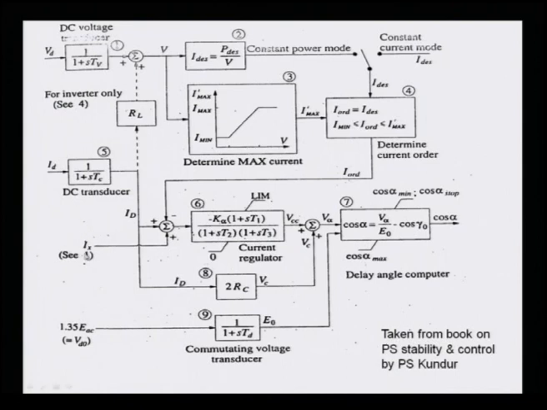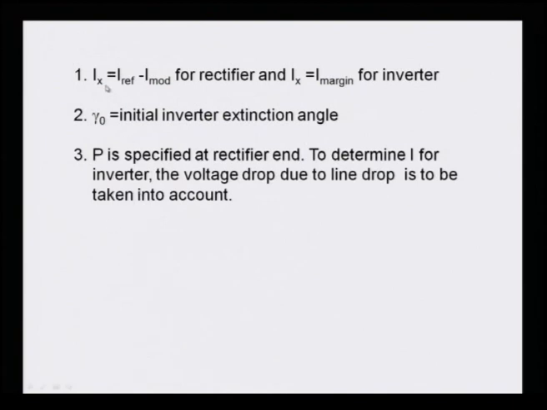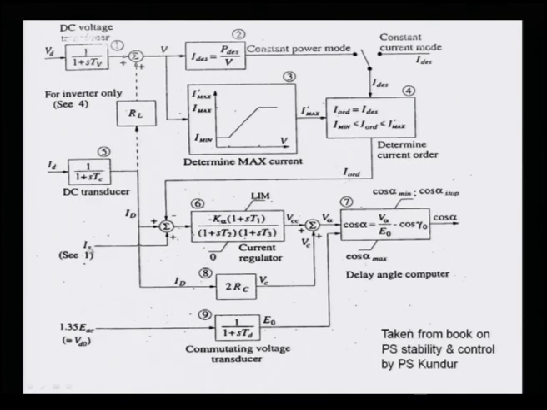You can see here the Ix is nothing but the, which is written C1, is nothing but Ix. It is I reference minus I modulation for the rectifier, and the Ix is equal to I margin for the inverter. So, here we are using some addition. If it is an inverter, then some margin is added. If it is an inverter, then the reference minus the modulation is going to be added here, and then based on that we are calculating the current regulator, and we have the limiters, meaning this current should not exceed